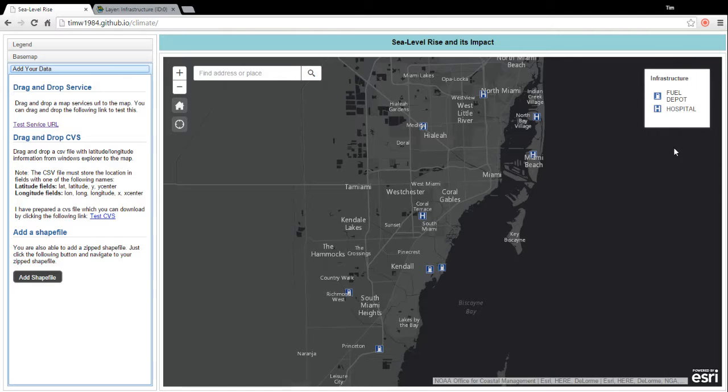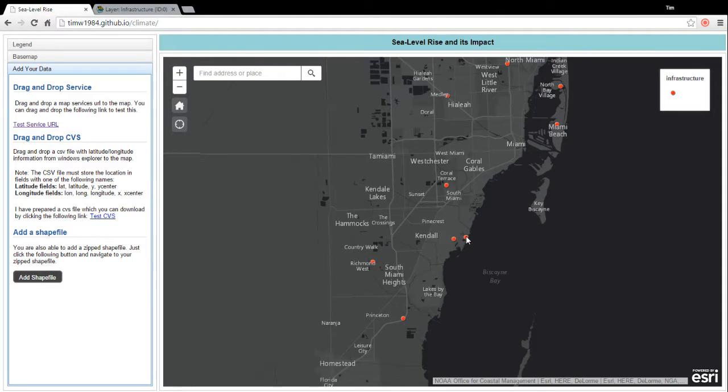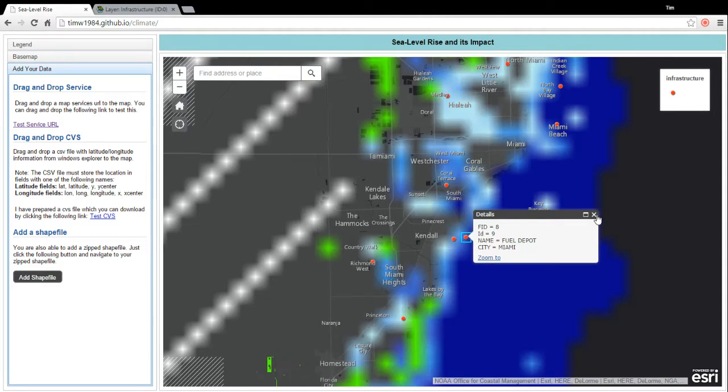Up here, I included a little legend just of your data, and you can even click and it's going to show the attributes of each of the points that you've added. Another way you can add data is over here with the add shapefile button. All you need is a zipped shapefile and you can just open it up. As you can see, it's going to replace the data that you added before, so you can concentrate on your next set of data. And again, here you can click on it and it's going to give you the attributes